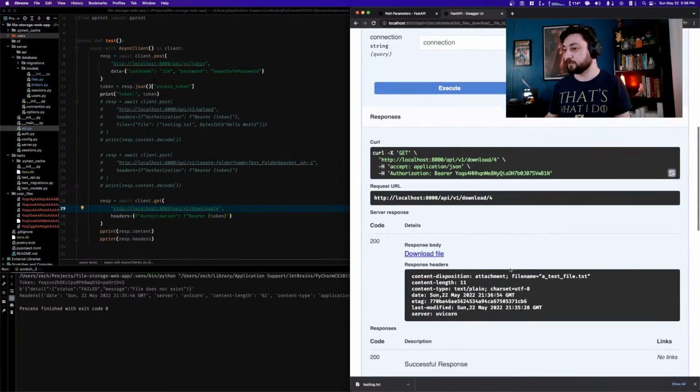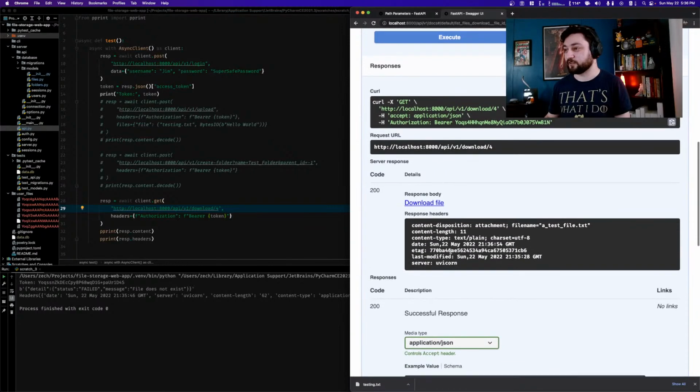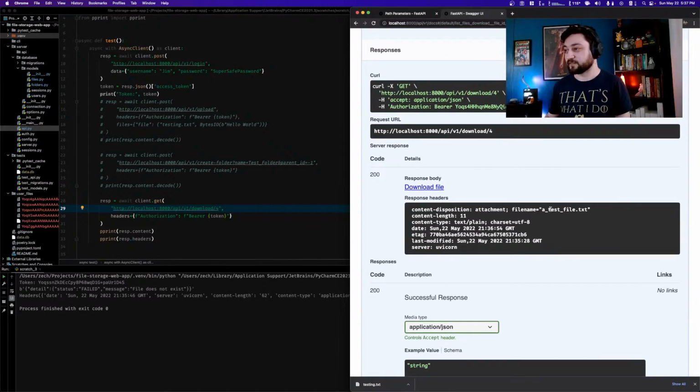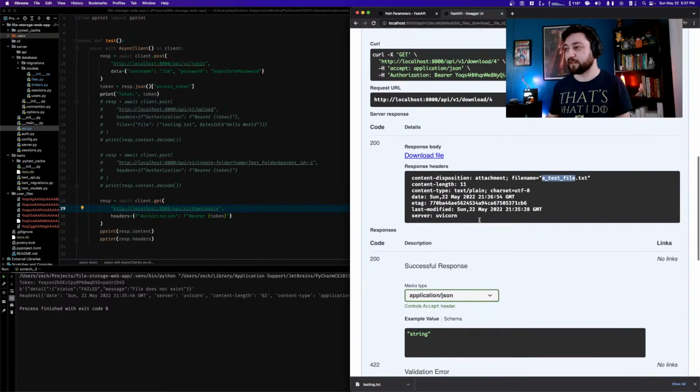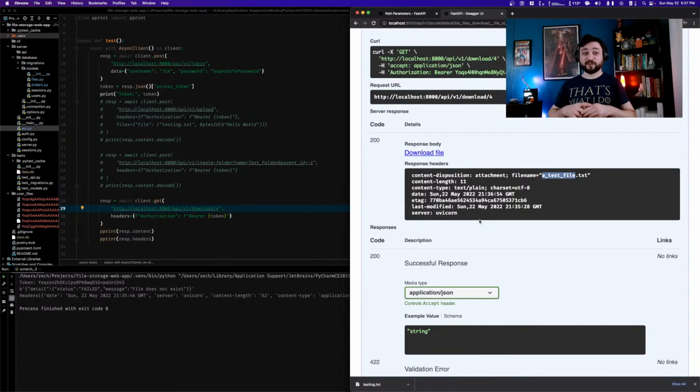Execute. And that one lets us download the file. And it says a test file.txt. That'll be the hello world file. So we've got it working. We can create folders. We can put files into folders. We can download files. Now, one thing I'm just thinking about,